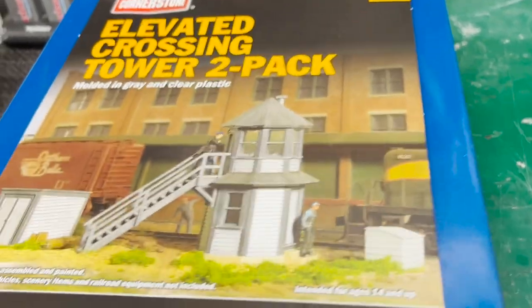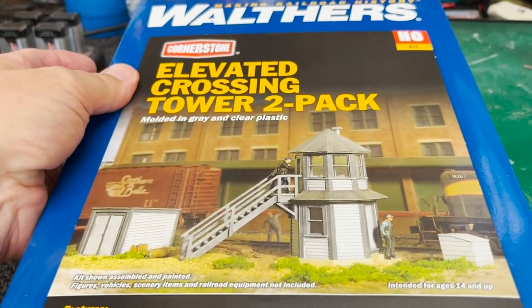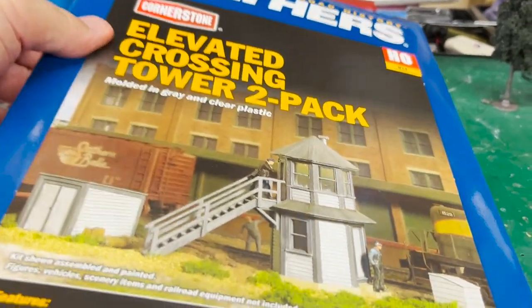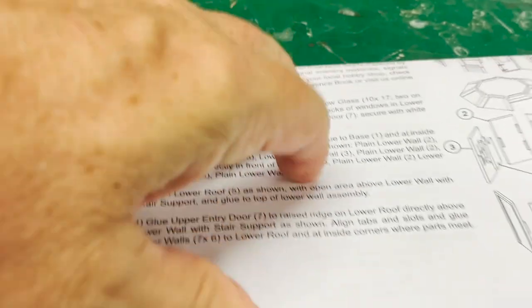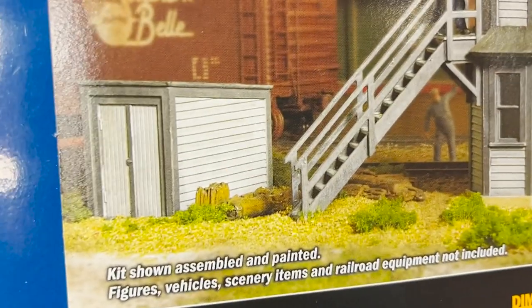Okay, so we're going to start our kit bashing, the old kit bashing, doing the lookout tower, the fire lookout tower. So let's see what we got in here, see what we got to work with. Okay, so open this up, and we got the instructions. Okay, so this looks like the base. Yep. So that's the base that's going to go there. Now what do we got here? This looks like the, there's a little shack there,